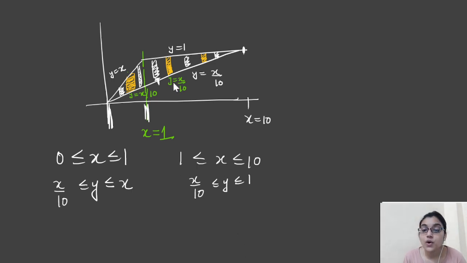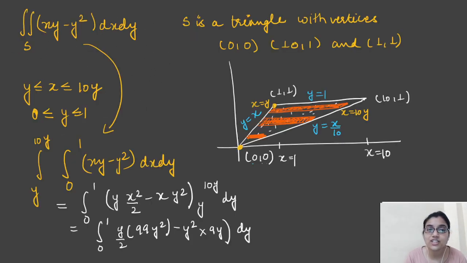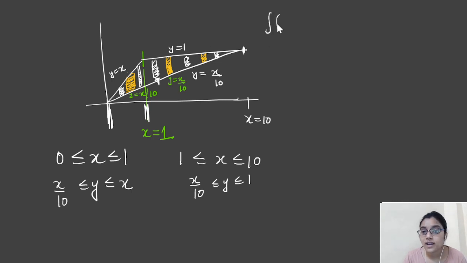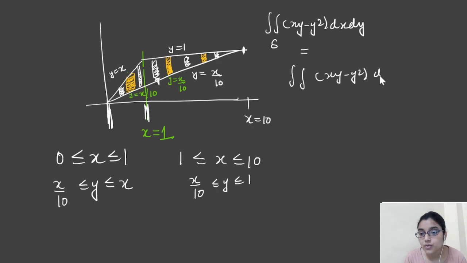So now you see your region has been divided into two parts, one from x equals 0 to 1, another from 1 to 10. Why? Because the limit of y is varying. So in this case, if you want to write down this integral of xy minus y square dx dy over S, what will it be? It will be in two parts, xy minus y square dx dy. Firstly, from x equals 0 to 1, where y varies from x by 10 to x,